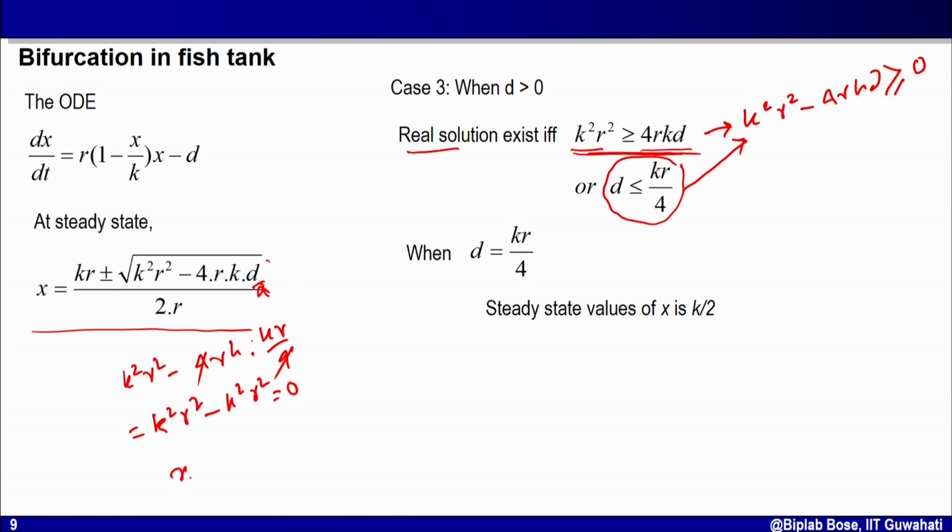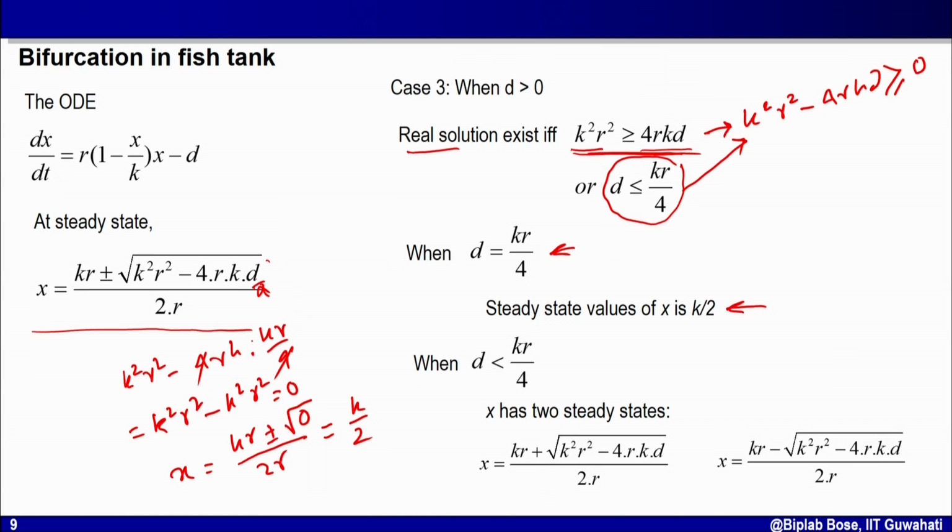That means x equal to kr plus minus square root of 0 divided by 2r, which is equal to nothing but k by 2. So when d is equal to kr by 4, I have one steady state, and that is equal to k by 2. What if d is less than kr by 4? So in that case,